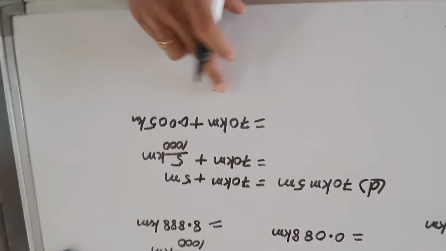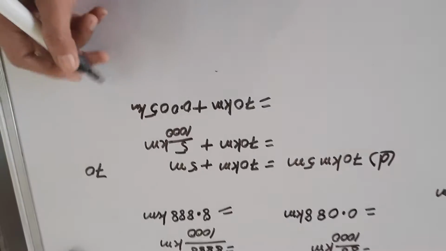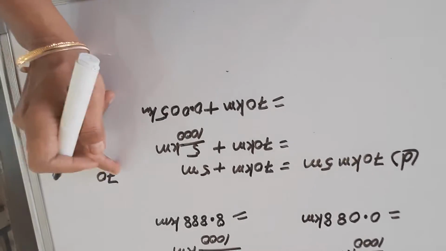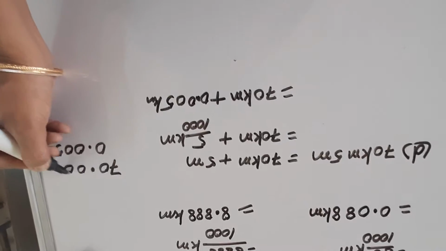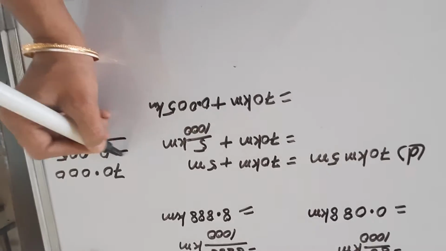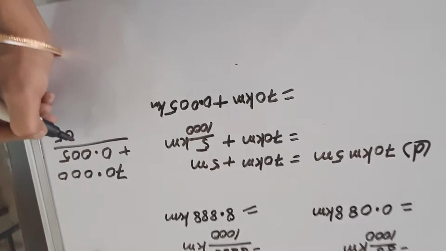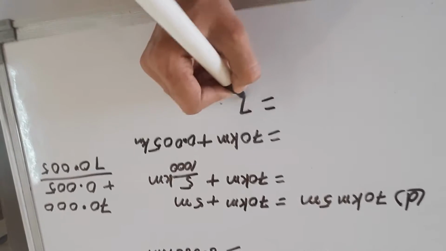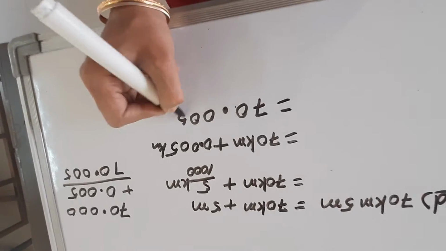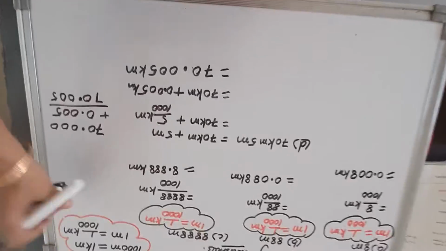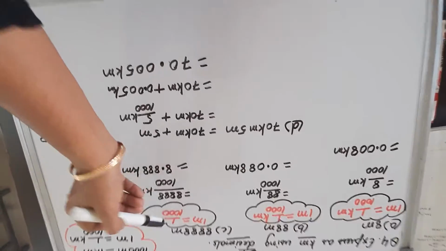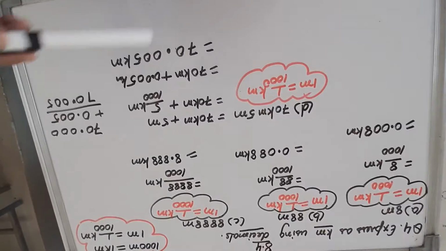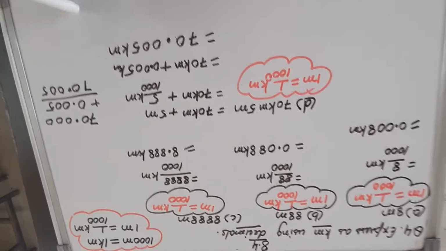Now let us add them. This is 70 kilometer. This is 0.005. This is without decimal, so place the decimal and take zeros. So by adding it, we'll get 5, 0, 0, 0 plus 0 and 7, that is 70.005 kilometers. So I hope, dear students, it is clear to you. Write this conversion here also in the cloud. So in this way, do in your notebook also, do the rough portion by drawing the margin.